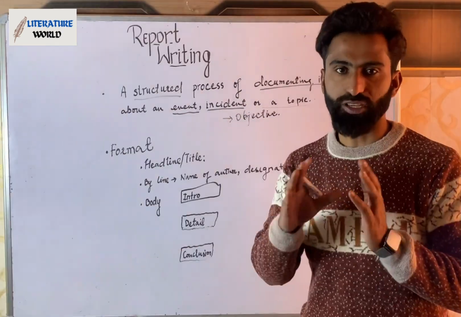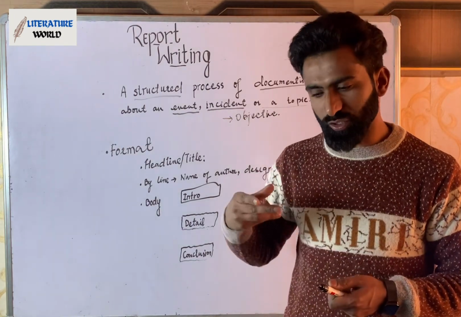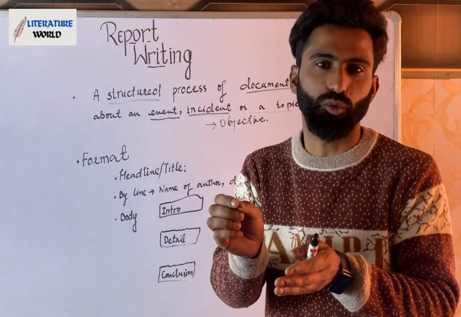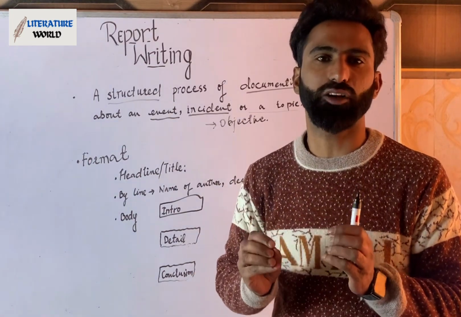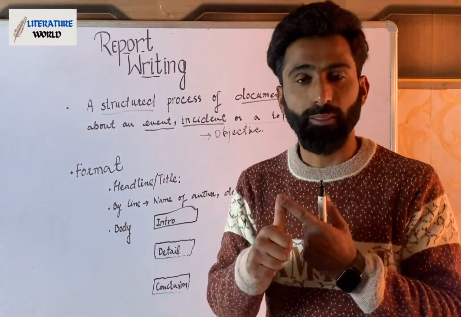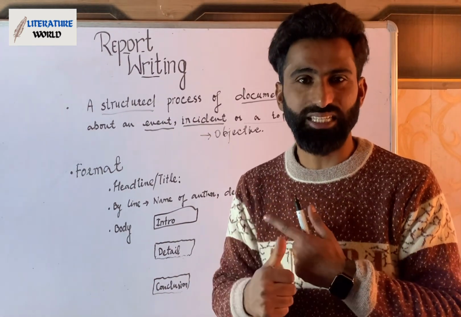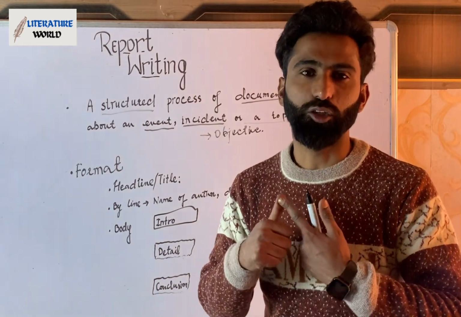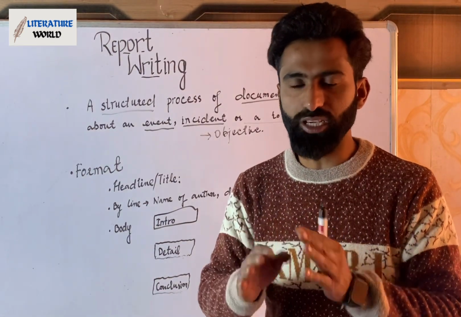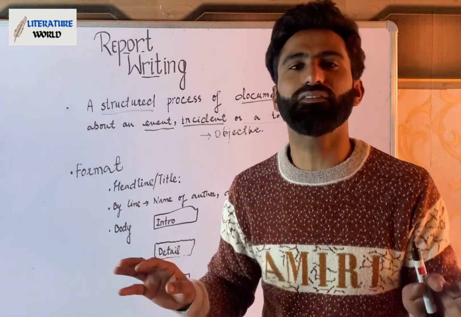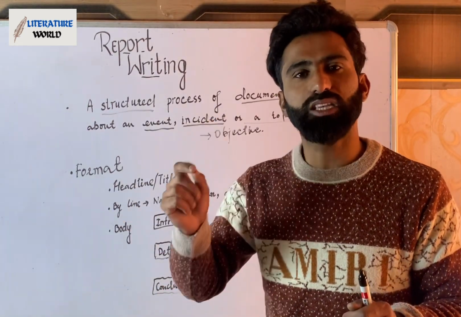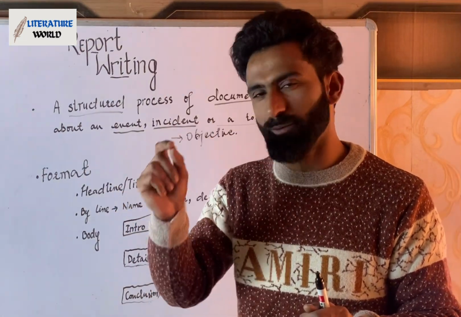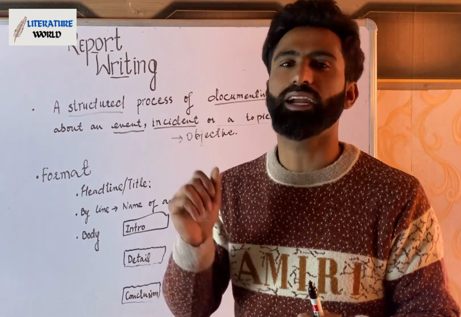Objective means, first of all, let's learn what is subjective. Subjective means you give the personal opinion about it, how you feel as an individual. Rather, you have to take care of the objectivity of the matter. That means there must be facts, statistics about the event that you are recording or documenting. So objective means general opinion about it, what everybody else felt. So it must be on the basis of observation. You as a writer should observe the event and accordingly write the report.